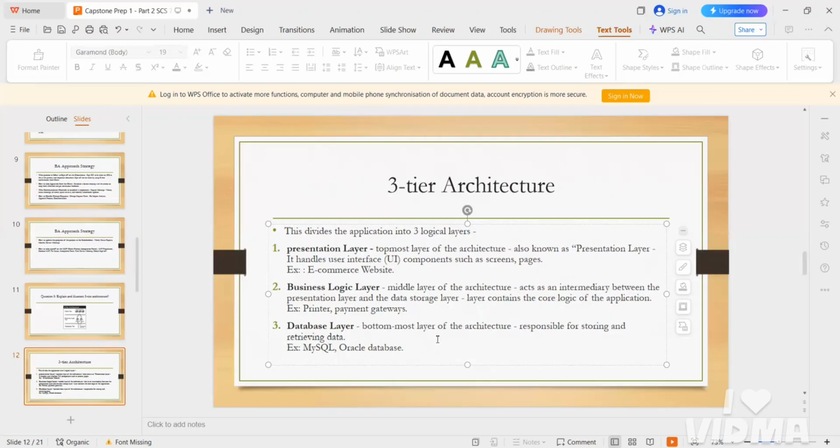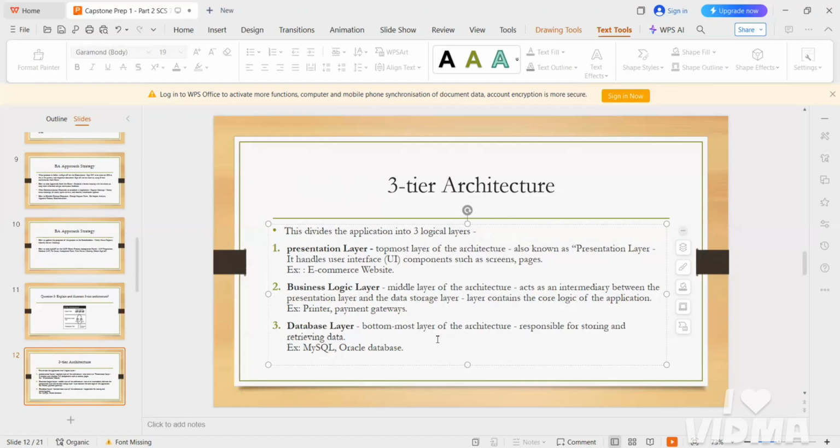So the presentation layer handles the user interface components, like screens, pages, and all those things. Whatever the customer wants to communicate, he needs to communicate with the user interface only, right? Whatever the website displays, by using that layer only, he will be communicating with the system.